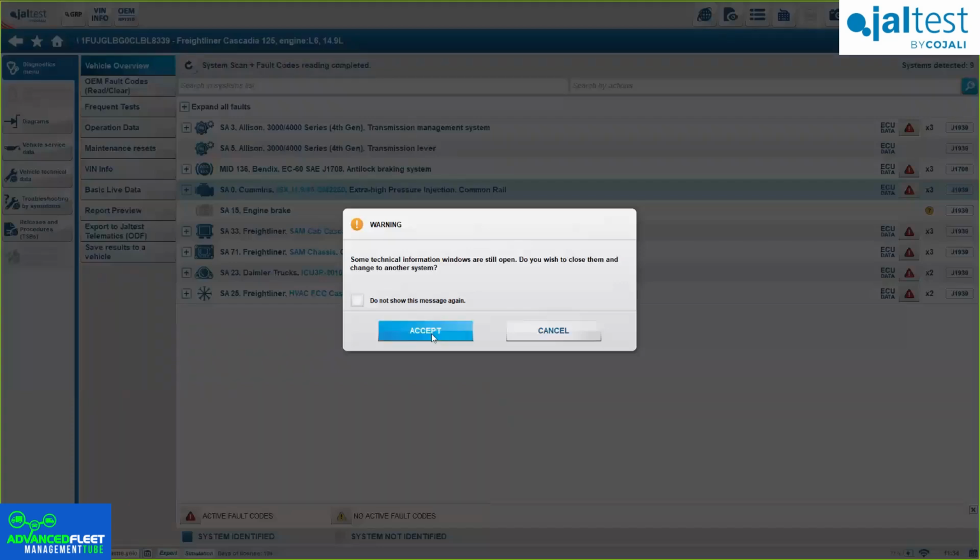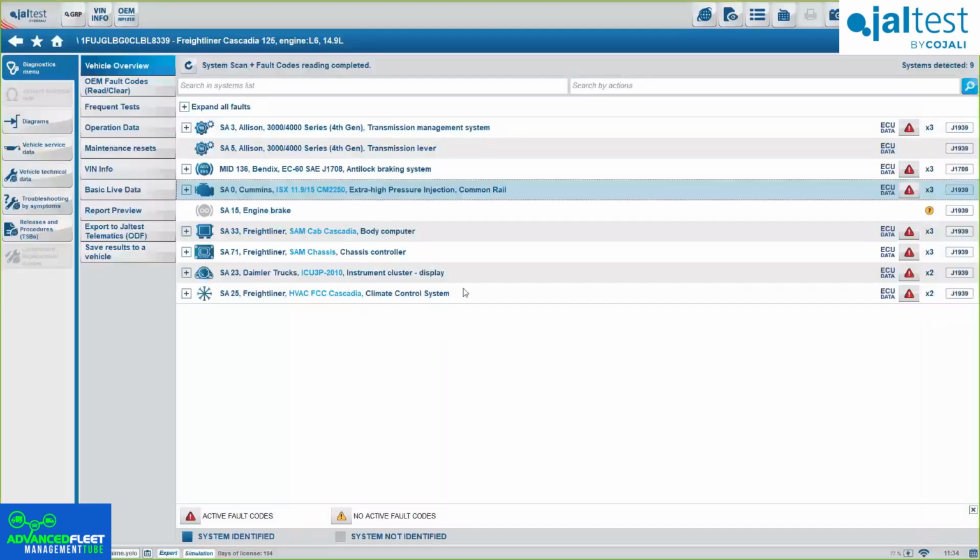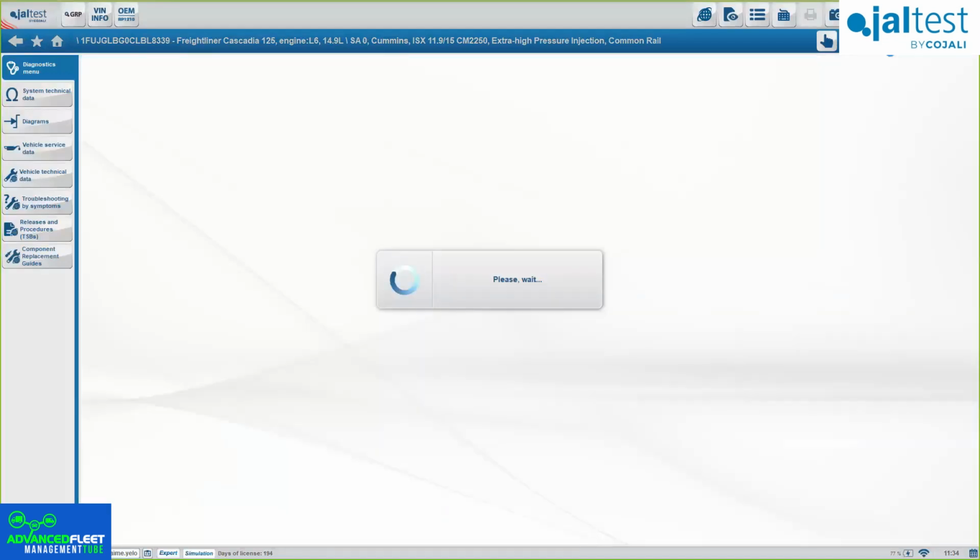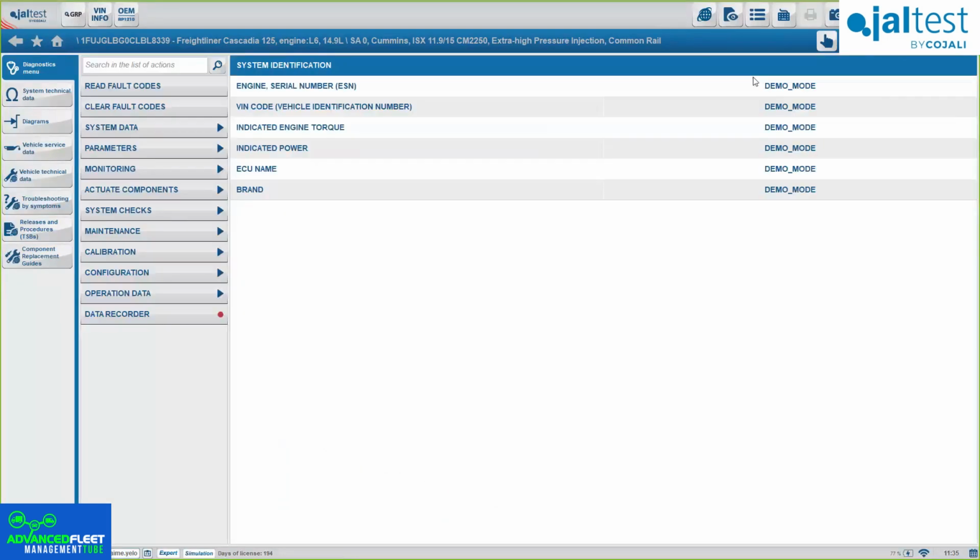Okay. In this case, if we are connecting to the engine, just by clicking on connect, we will see exactly what we can do specifically to this engine. Okay. The menu that appears here is going to be the exact same thing on every system. So some systems will offer more options, some systems will offer fewer options, but at least the layout, you will see that it's the exact same thing. The first option is always going to be read fault codes, which is the exact same page as we've seen before. Clear fault codes, if you want to clear them.